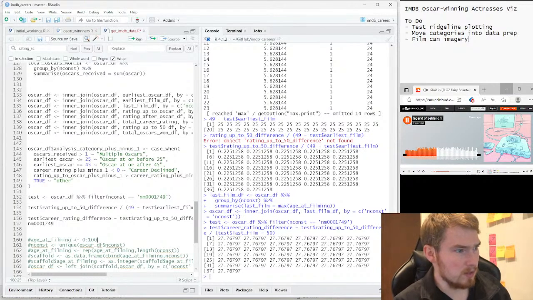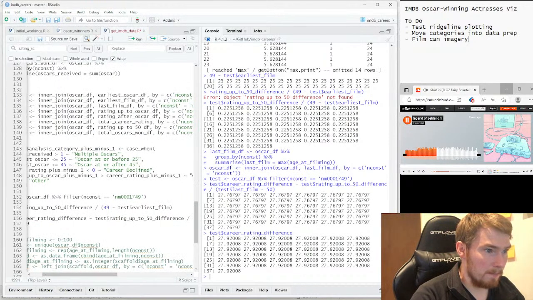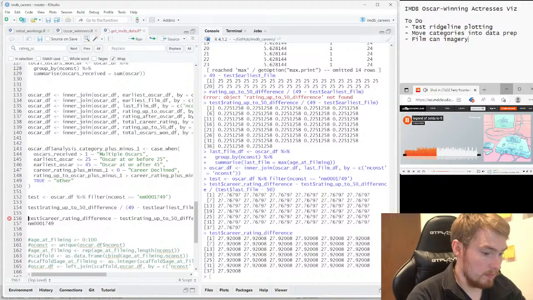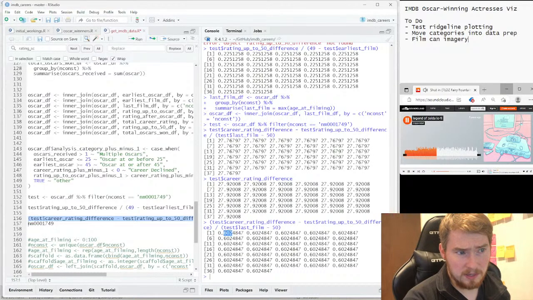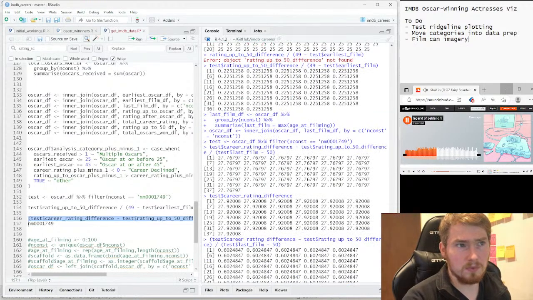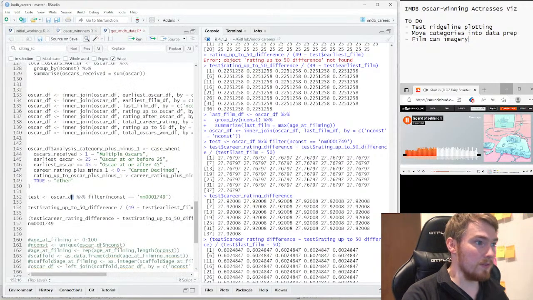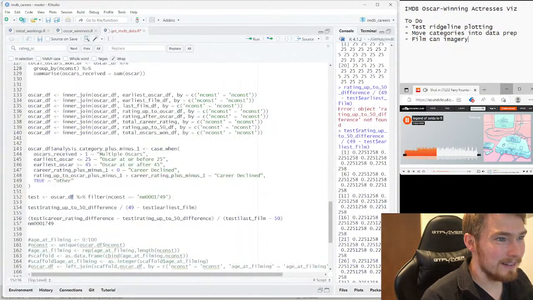Oh wow, okay, so what's this? Let's check this. Oh, okay, so we're not. Do it again. Okay, yeah, so you can see there's been better growth second half or after 50 than compared to leading up to 50 for Maggie Smith. Okay, right. So now I'm just going to put that into this thing here.